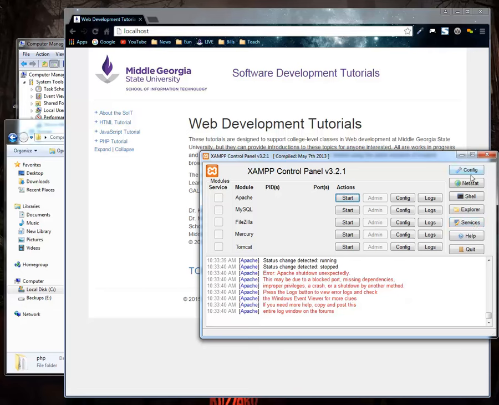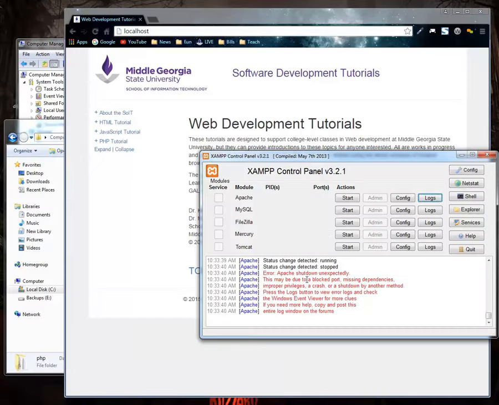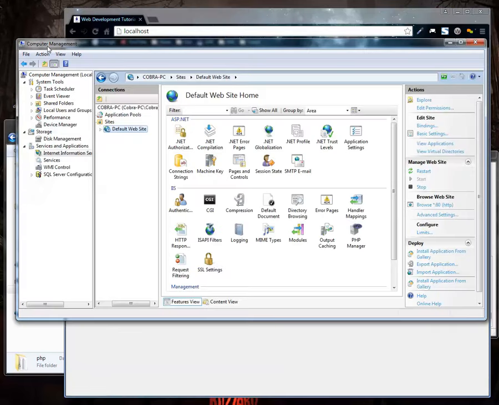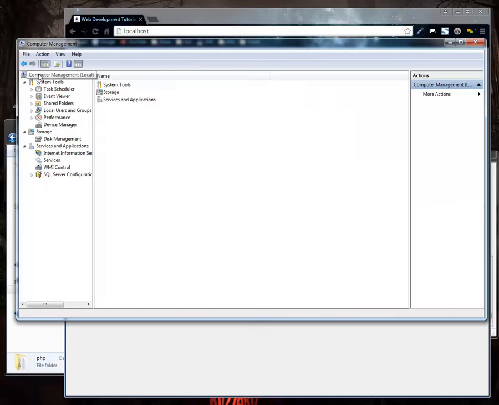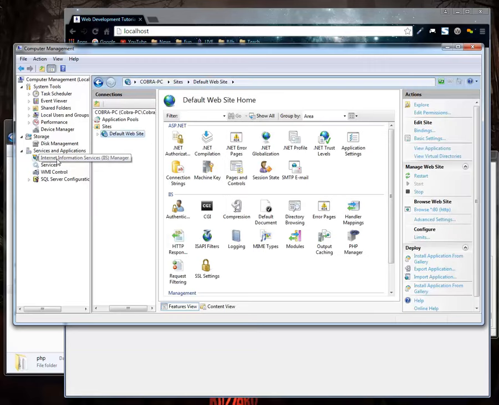If I look at the logs, well, somewhere in there. But essentially, that's what's happening: I have IIS on my machine, and it's using port 80. Now, this is the Computer Management console. You can get to it through your control panel, or if you right click on My Computer in your start menu and go to Manage, or you can search for it. So in here you can see I have IIS installed,